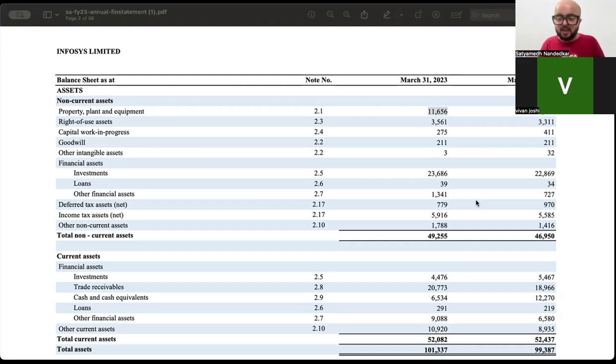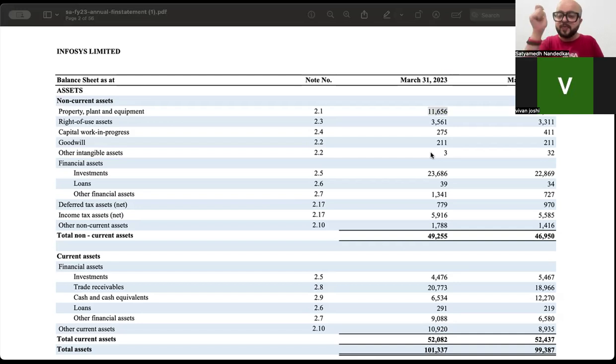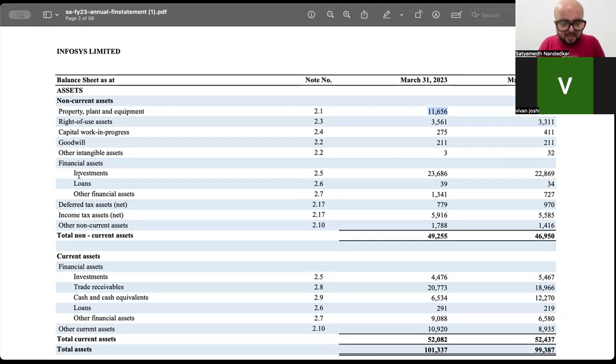Then I am also saying that I might have 10 different laptops, but the total value of these laptops is 11,656. That is the valuation assertion. I am claiming that the transactions have been recorded at an appropriate value of 11,656. Then, there are certain investments shown under non-current assets and certain other investments shown under current assets. So I have made this distinction. This is greater than 12 months. This is expected to be converted into cash in less than 12 months. So मैं claim कर रहा हूँ.